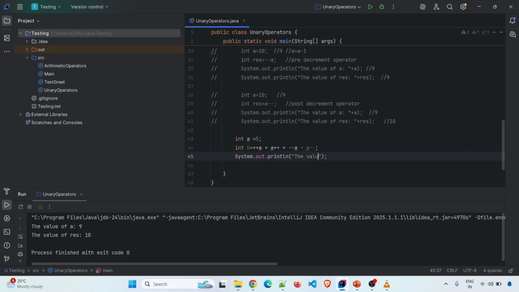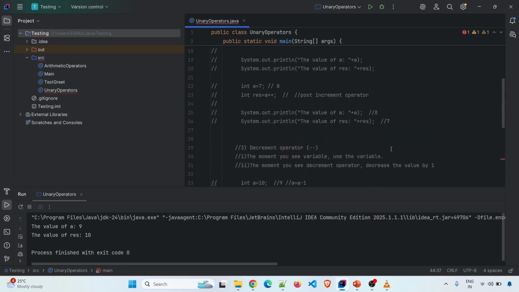What is the value of b in this case? Let's analyze the code. These kinds of questions are asked in interviews, and it becomes very difficult to answer them. So that's why we will be following a rule. I will copy my rule here,